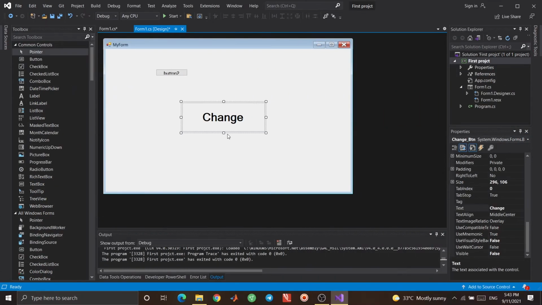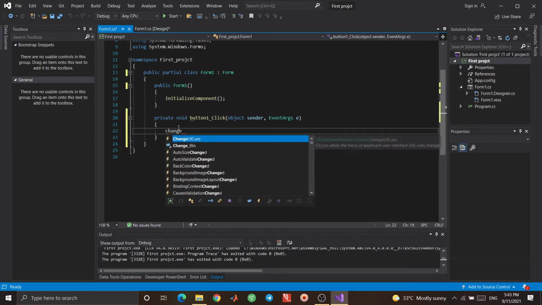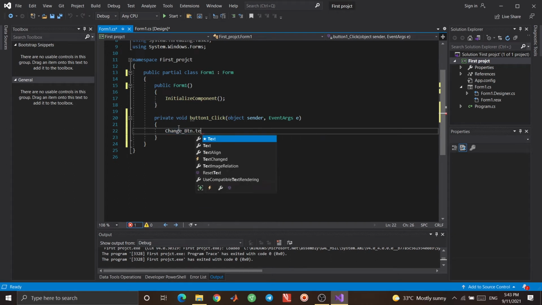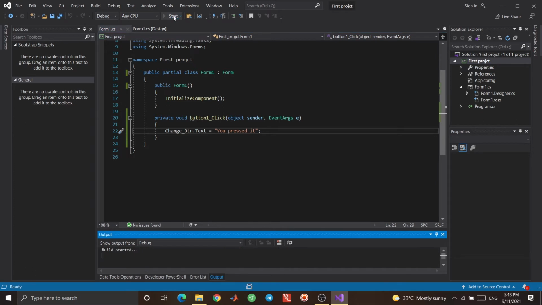I want this button's text to be changed. Here I write the name of the button, change button dot text. This is the text. I want to change it to, for example, you pressed it. If I click on the button, the text of the change button will be changed. I run the program